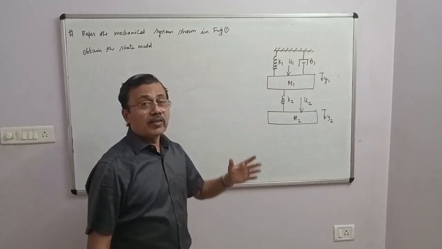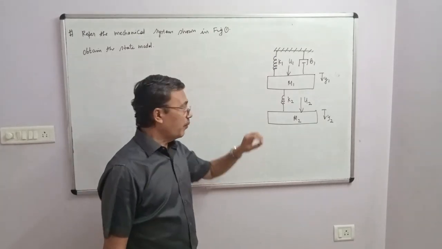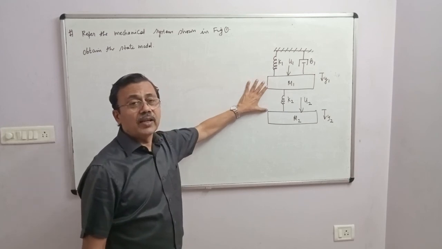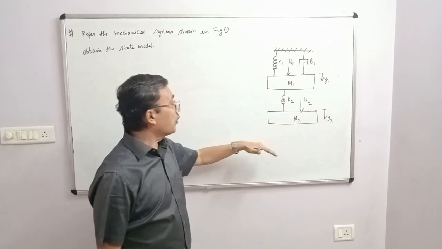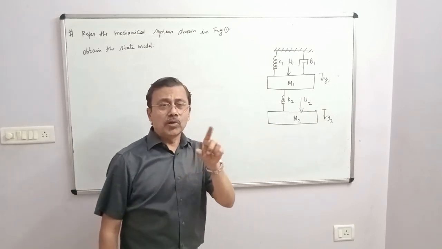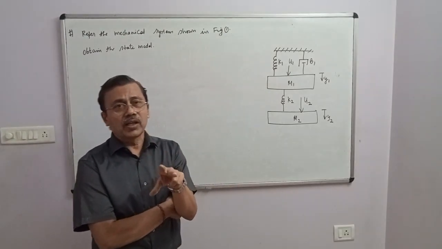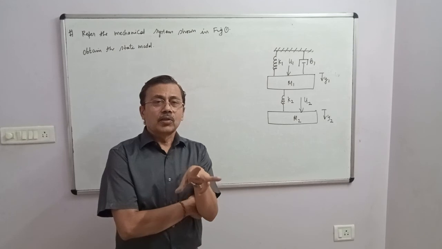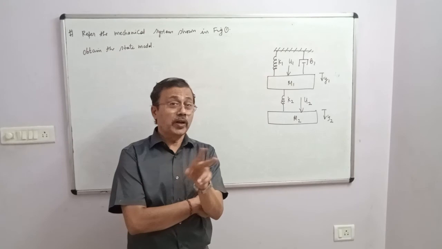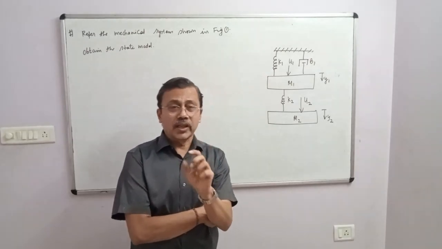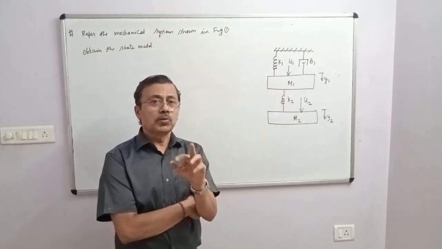Because I am left with only 5 minutes, it is not possible to do the solution. However, the hint is, write the mechanical network. It will have two independent nodes y1 and y2. You will have the reference node. You will write two nodal equations at node y1 and node y2. So you will get two second order differential equations. So the total number of state variables required will be 2 plus 2 equal to 4. Why 2 plus 2? Because you have got two second order differential equations.